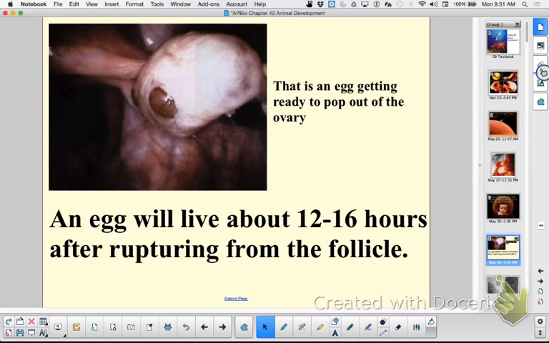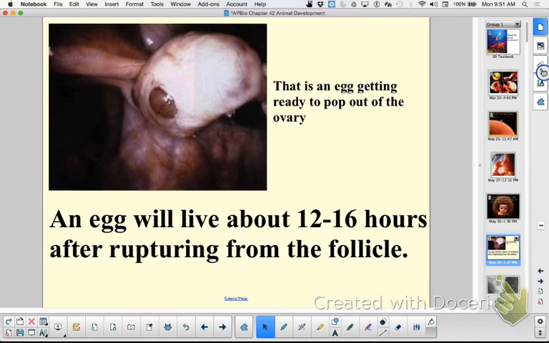So we talked about this already, about fertilization and implantation. At this point right here, getting ready for that egg to pop out of the ovary. Do you remember what hormone causes the egg to pop out of the ovary? LH. Think leave. Okay? So luteinizing hormone causes it to pop out, and that egg is only viable for maybe